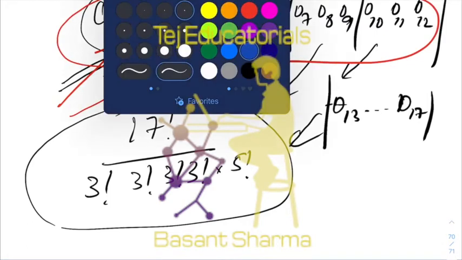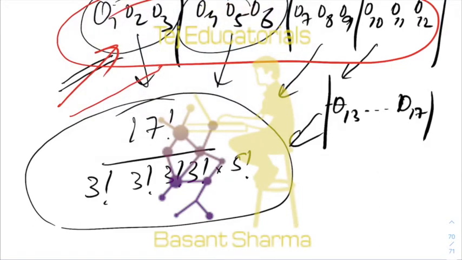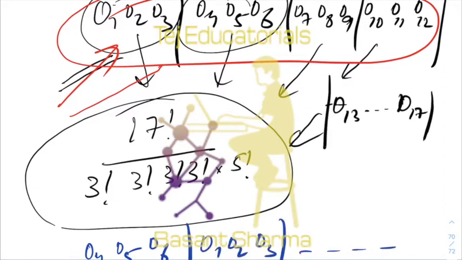You could also have the following: O4, O5, O6, O1, O2, O3, and the rest the same, that is O7, O8, O9, and so on. Note that this case is counted as separate in the 17 factorial arrangements,